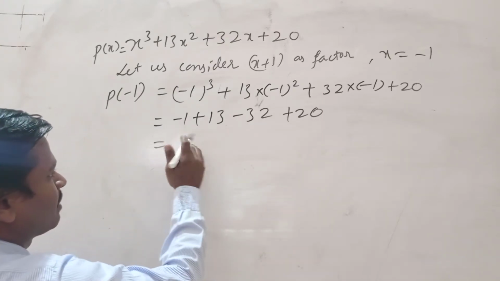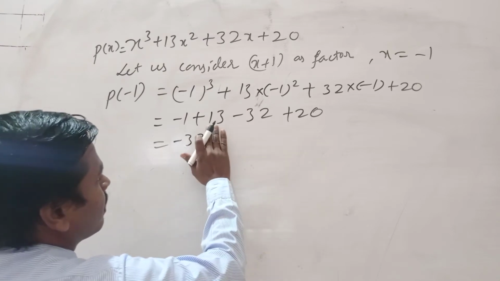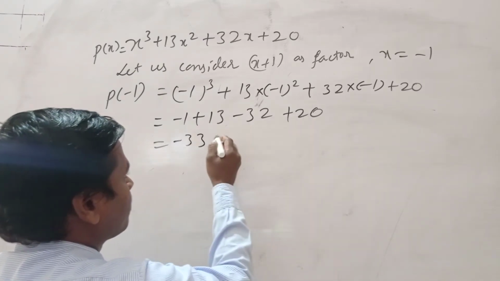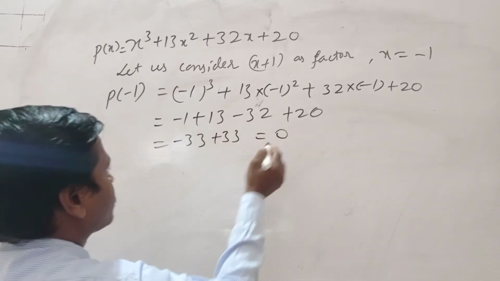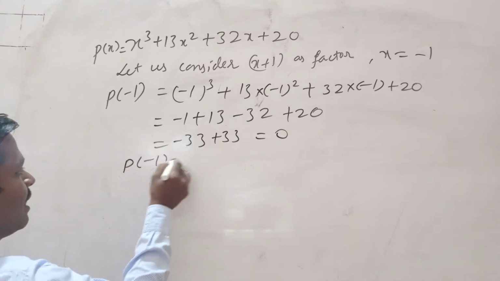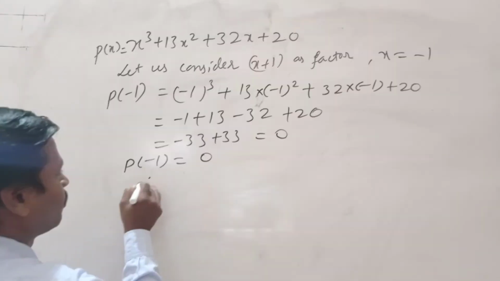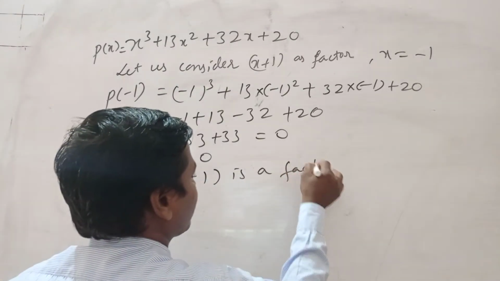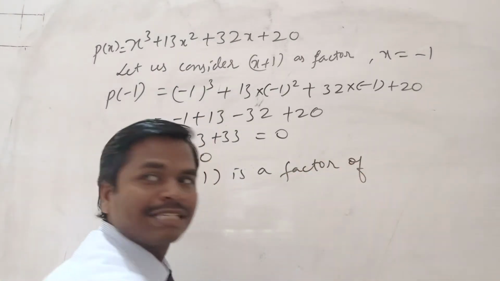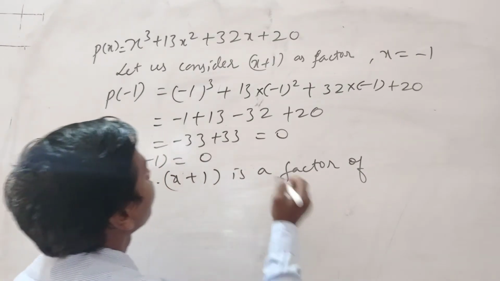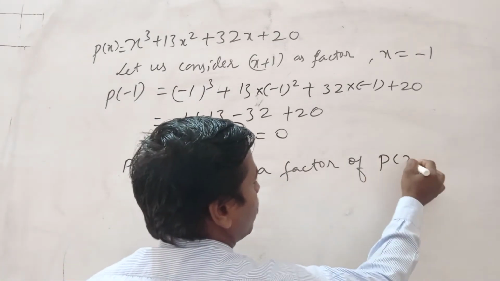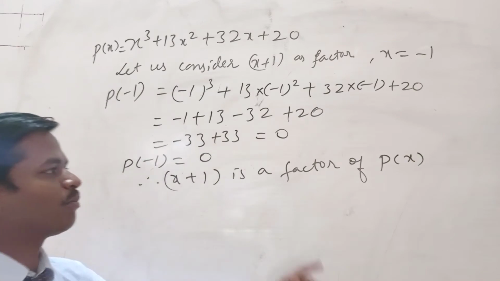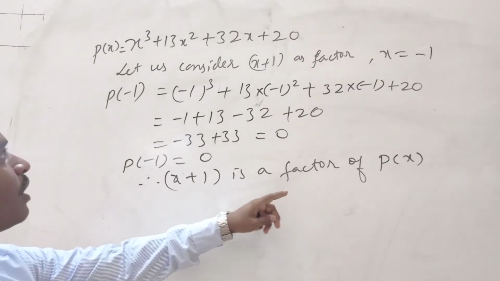We can write one more step. Minus 33 plus 13 plus 20, plus 33. It will become 0. P of minus 1 equal to 0. Therefore, x plus 1 is a factor of the given polynomial p of x. Now we will divide this polynomial with the help of this